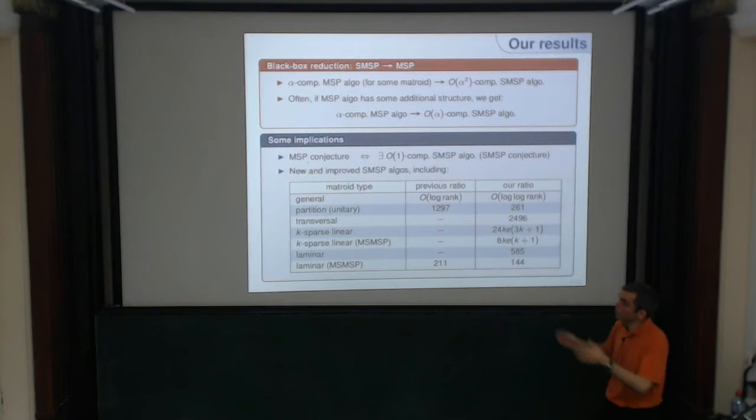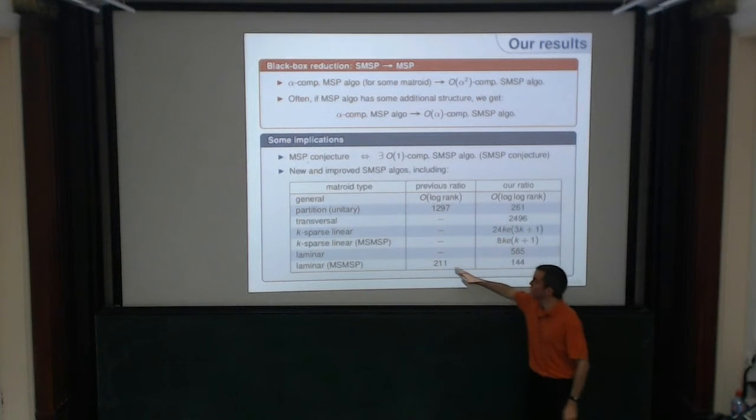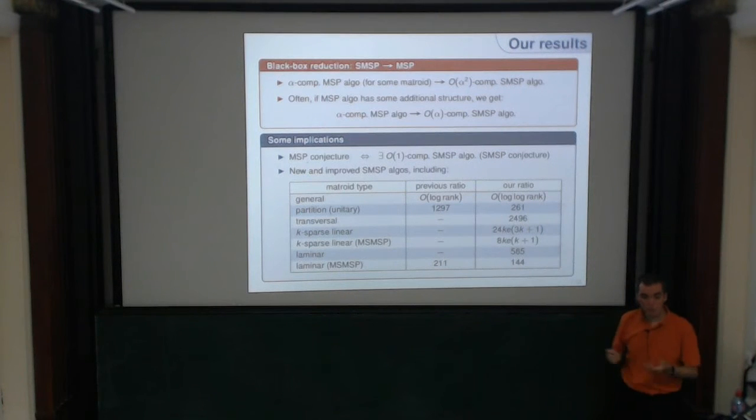Also, you saw those big tables I showed you. If you take the results from the first table about the linear matroid secretary problem, you can use all those results and transform them into results for the submodular matroid secretary problem. So we get a whole bunch of new constant competitive algorithms, and sometimes we can also improve on special cases where algorithms have been known previously. But one main thing is that we can also get a log rank approximation now for the submodular secretary problem by essentially modifying our previous log rank procedure for the linear matroid secretary problem.